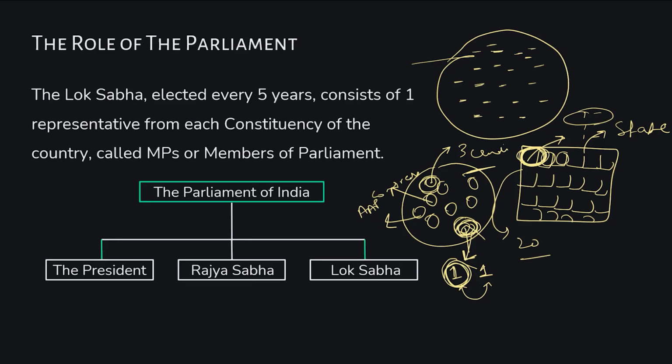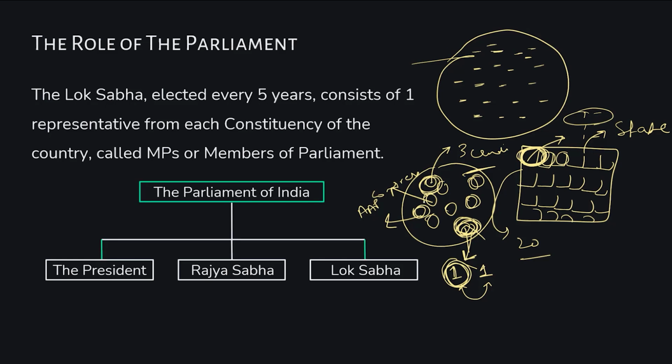There are 20 constituencies, as we studied in the case of the member of the Legislative Assembly. In a similar way, let's say there are 20 constituencies in Maharashtra, and for each constituency there are, let's say, 3 candidates. There are no fixed candidates who stand for the election. There could be 2, there could be 3 from here, there could be 2 from here, there could be 3 from here. So the numbers are not fixed. There could be 5 from here.